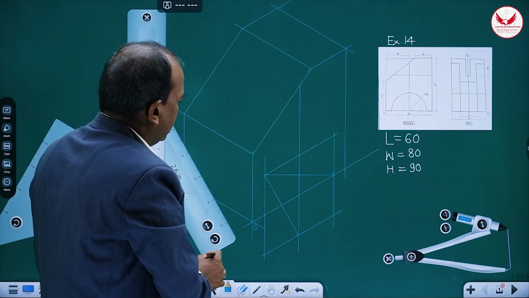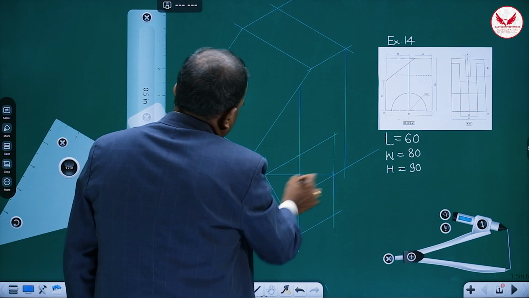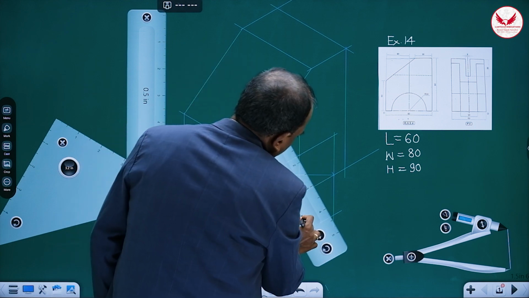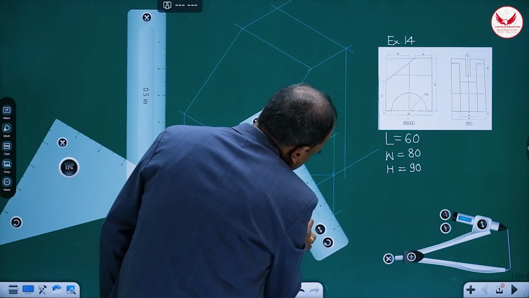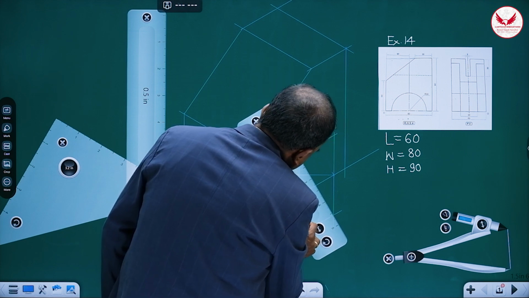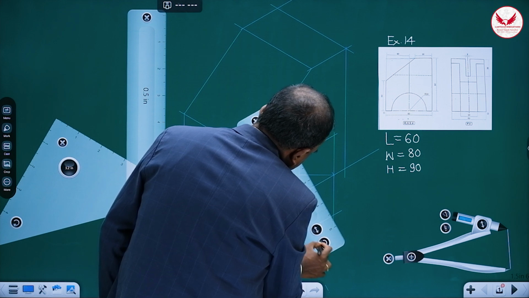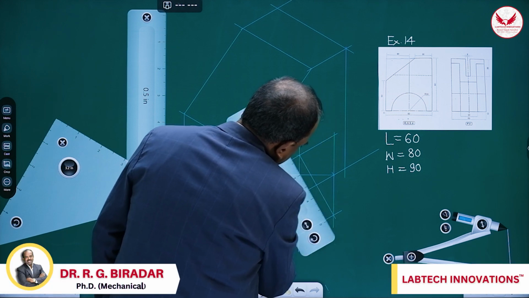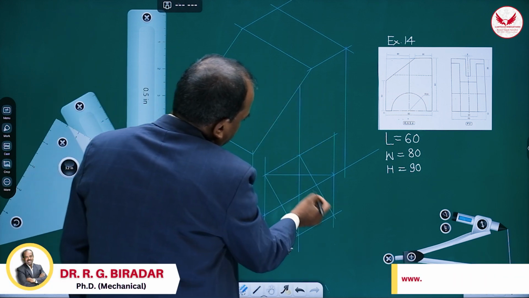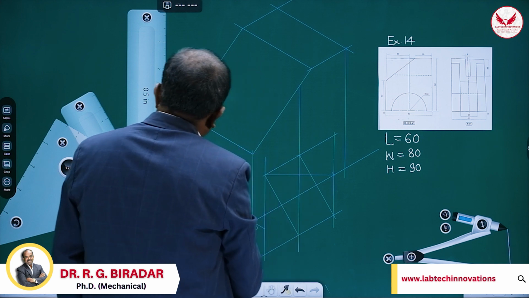Then afterwards, I need one more center over here. Like this. Only two centers are required for drawing this quarter circle,